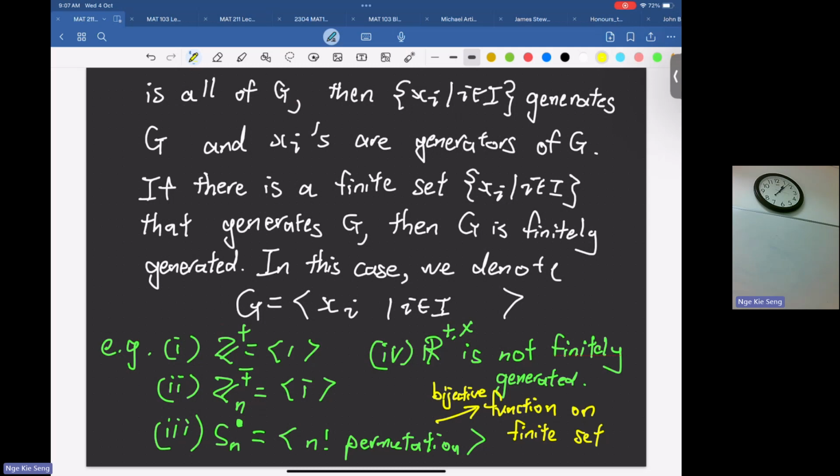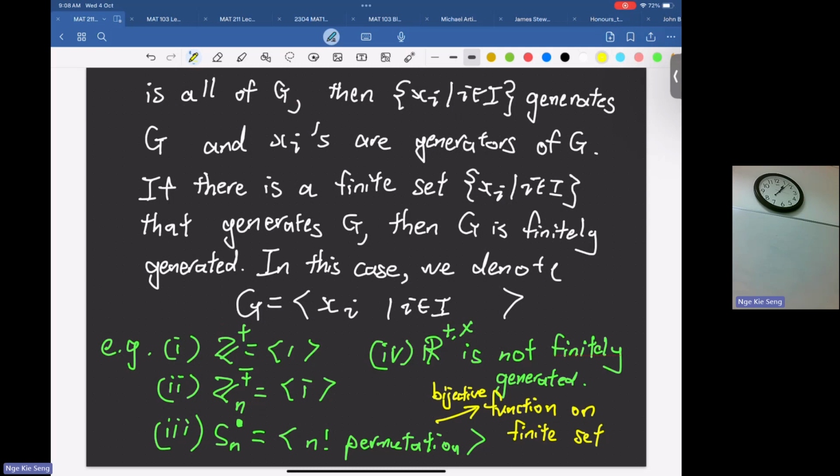A vector space is an infinite set, but you have a basis. If you have control on the basis, you know how the linear transformation maps, and you know every element inside your vector space. You can express every vector in terms of the basis elements. This is also the same case. You have a group, for example Z, it's an infinite set, but somehow you can get every element